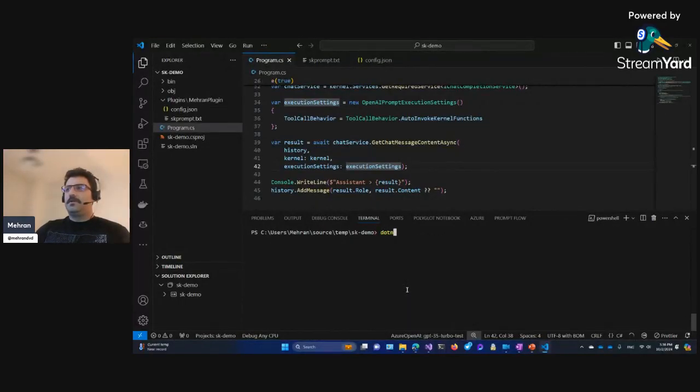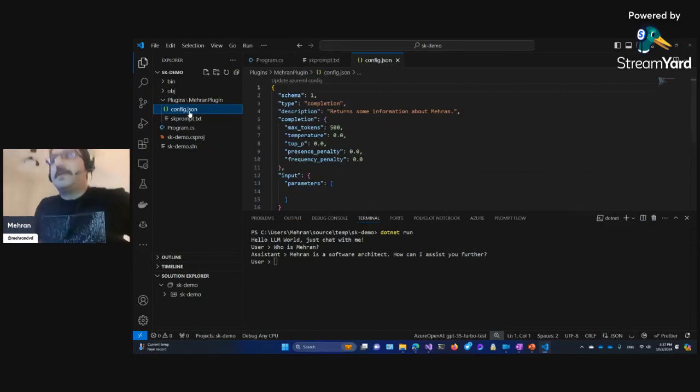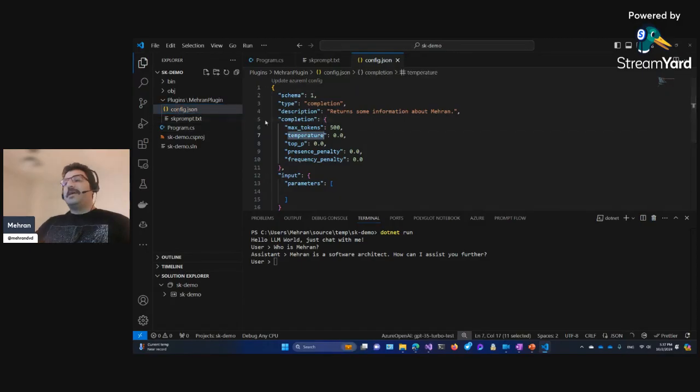Now .NET run, and I ask who is Mehran. Yes, now it has some general understanding about me. It says Mehran is a software architect. How did it know? Because I've included this plugin, and this plugin had some information. And how this plugin is going to work is here. For this specific plugin, as you can see, you can set some advanced features like temperature. You can, for example, specify a higher temperature,